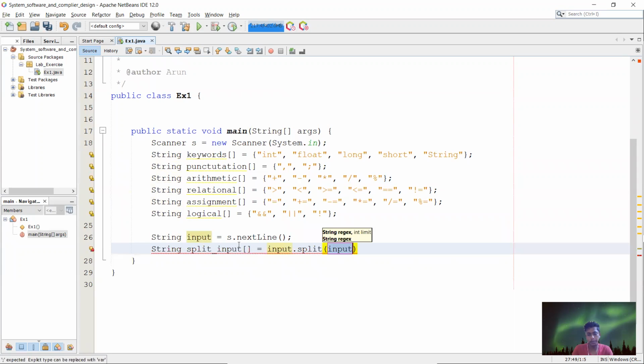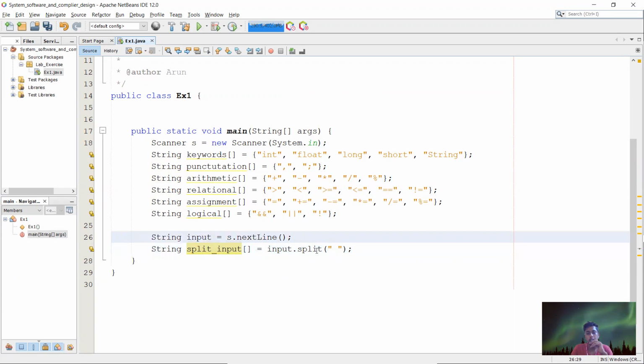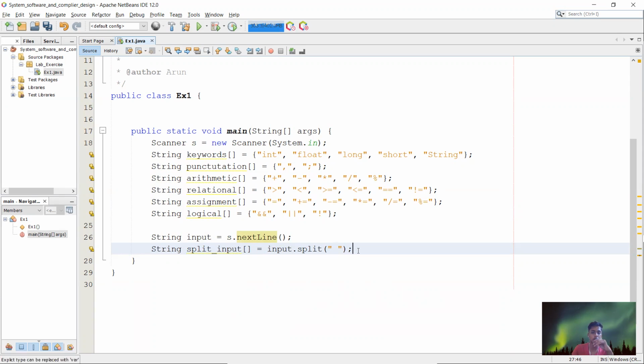Split is a function by which we can make a string into an array. So in that string, wherever the white space occurs, it will split there. For example, take "Java programming". You have given Java, space, programming. It will take Java as the first word and programming as the second word. Between the strings there will be a space, and at that space it will be split. So that was the thing here.